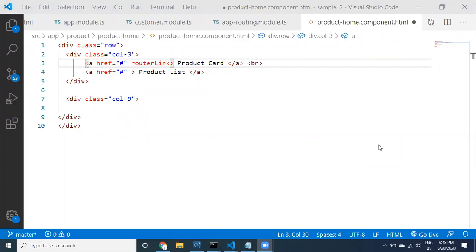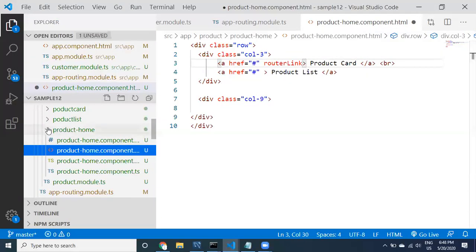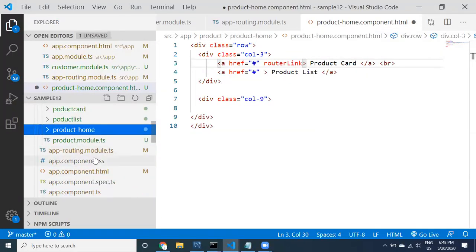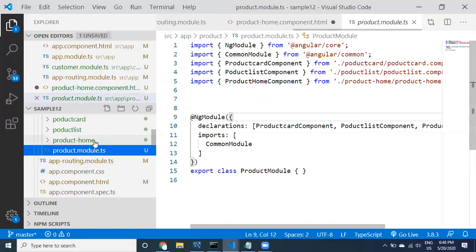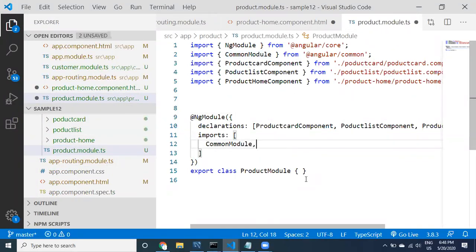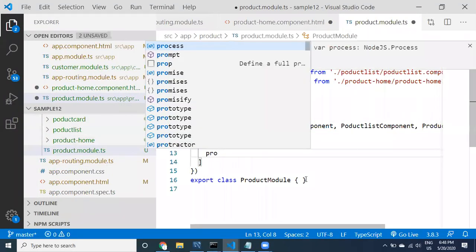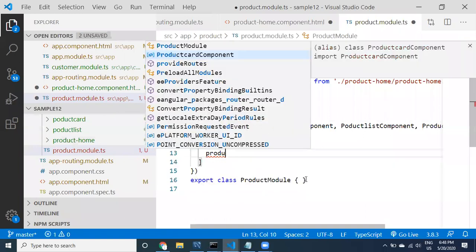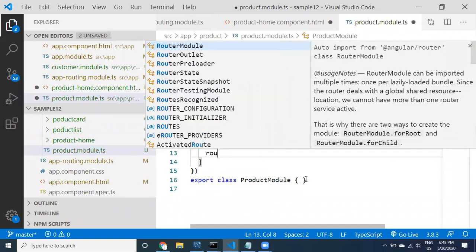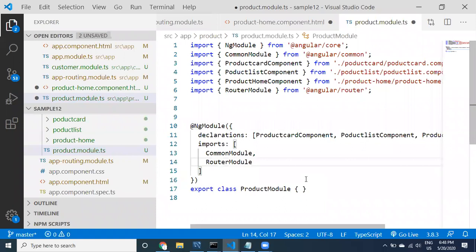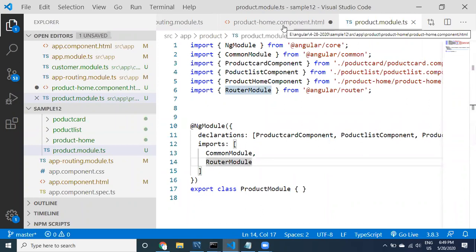So within the product module.ts, in the imports, we need to take common module and router module. And go to product home component.